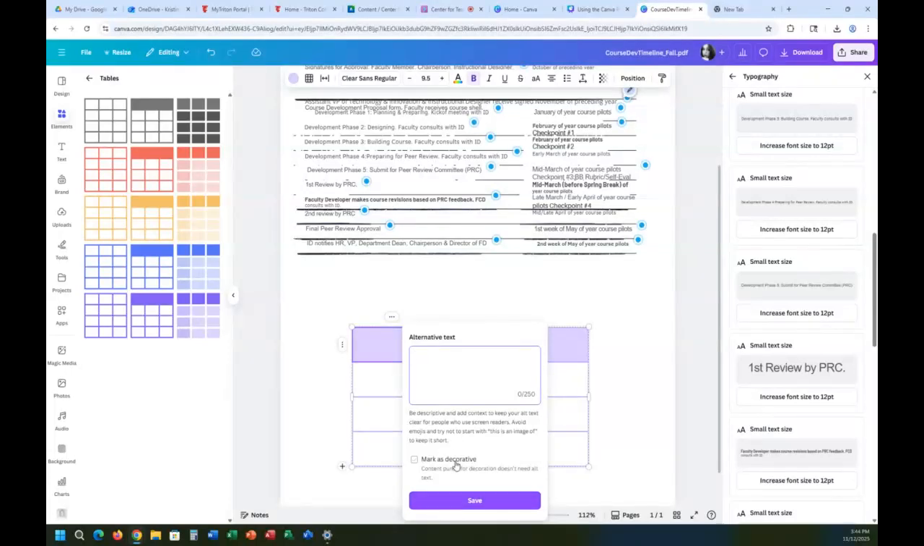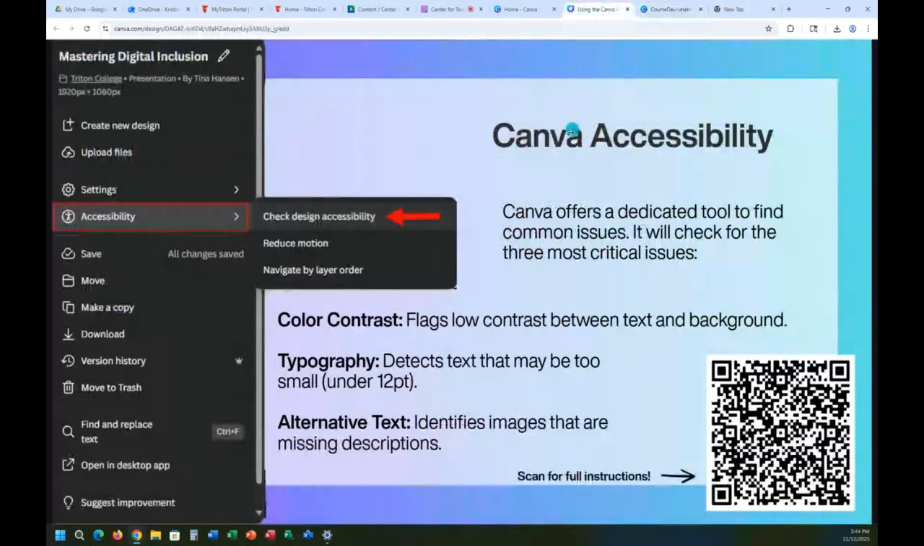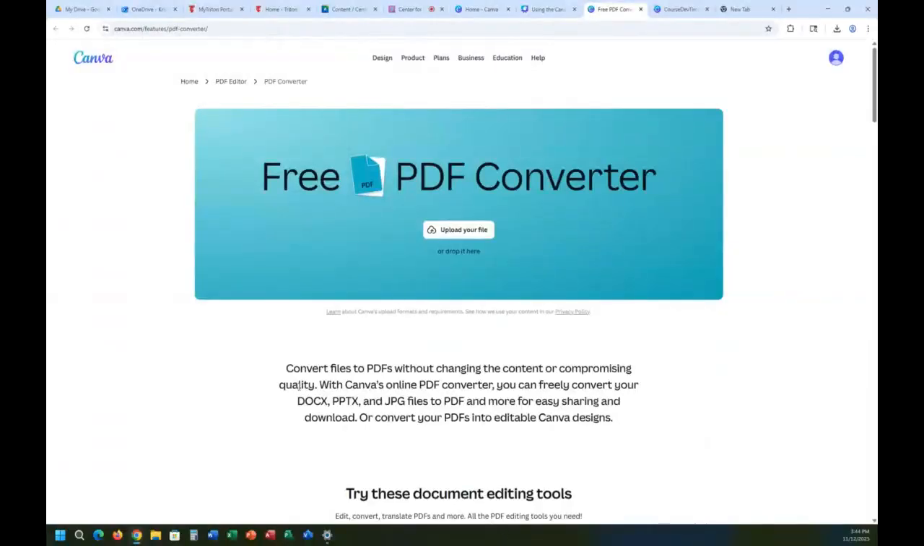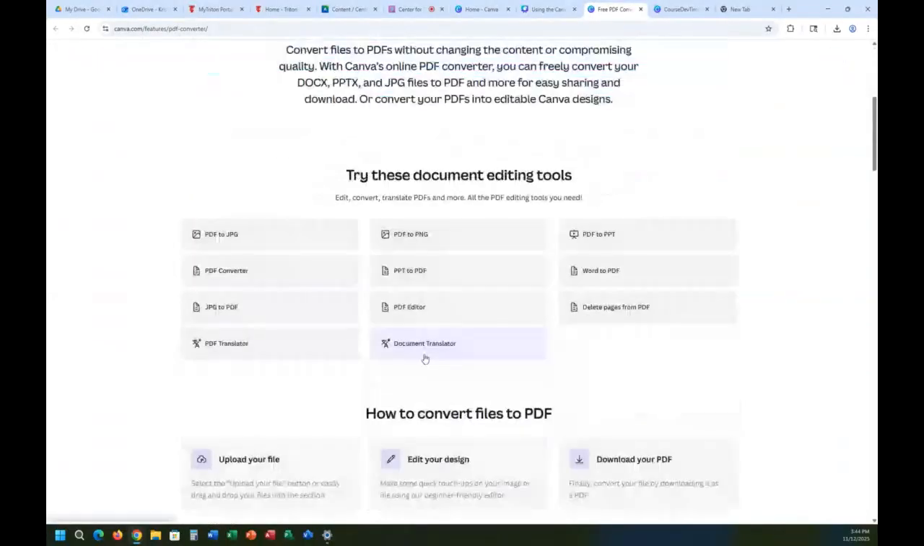So another thing I want to show you. Canva also has a PDF converter. And you just upload it. And these are presets, so JPEG to PDF, you can do that. So if you have an image that is just text, you can do JPEG to PDF, upload the file, and